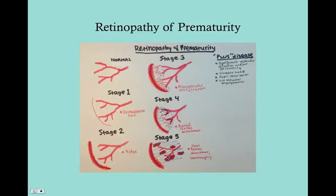There's also what's known as plus disease. So some babies with retinopathy of prematurity, in addition to having a stage, they also have plus disease. And plus disease, you don't need to have all of these features, just one of them. So if there's significant vascular dilation, or the vasculature is tortuous, that would confer an additional diagnosis of plus disease,